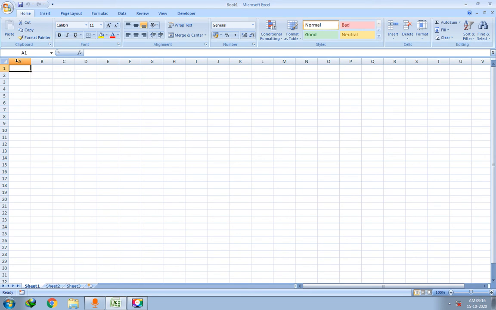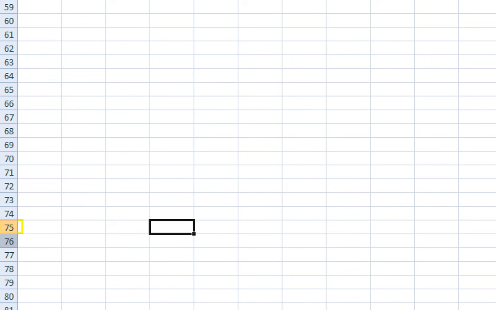Right, now next one is page up. Let me press this page up. Nothing is happening. Okay, let me go somewhere over here. Okay, I'm here now. Now let me press page up. Yes. Now it means the cursor control is moving upside. Now you can see I am at the 75th row.